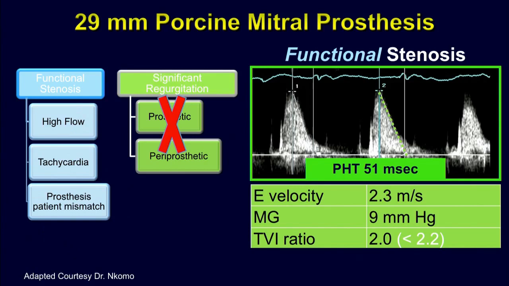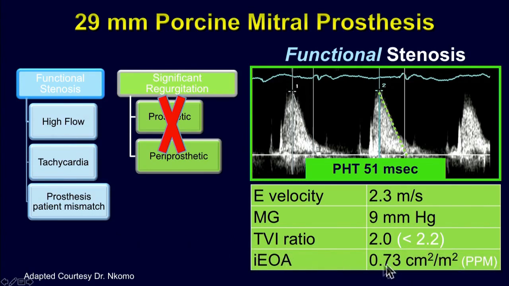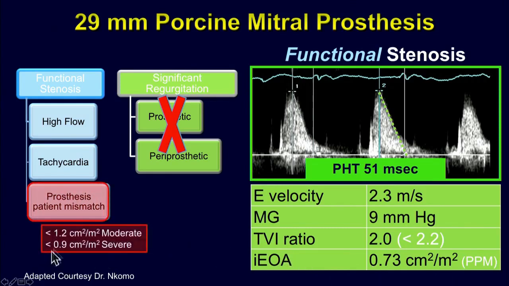So the only thing we have left to do is look at the indexed orifice area. And this indexed orifice area, we'll go through this, is low at 0.73 centimeters squared per meter squared. So this patient would have prosthesis-patient mismatch. Based on an indexed area less than 1.2 would be moderate, less than 0.9 centimeters squared per meter squared would